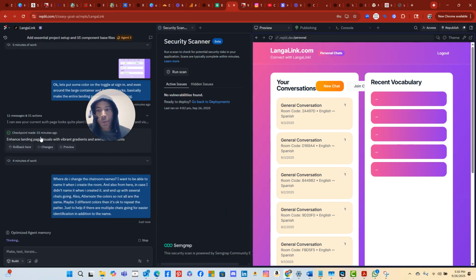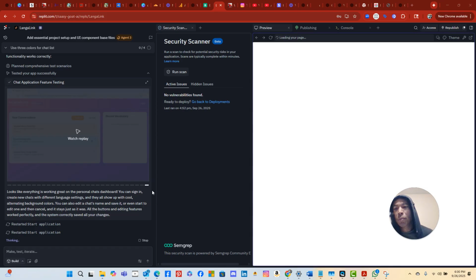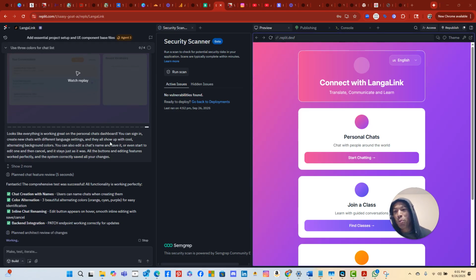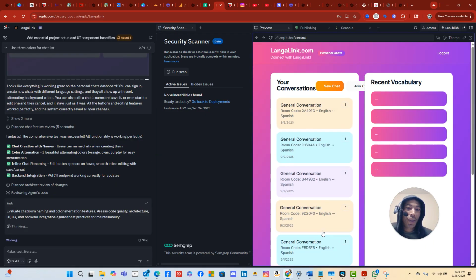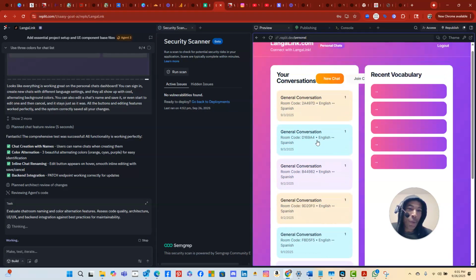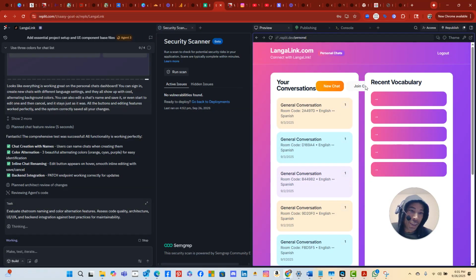Well, let me pause it real quick. Looks like everything is working great on the personal chats dashboard. You can sign in, create new chats with different language settings, and they all show up with cool alternating background. Let's see what it's talking about. Why pastel, man? Just why? I got nothing against pastel, but